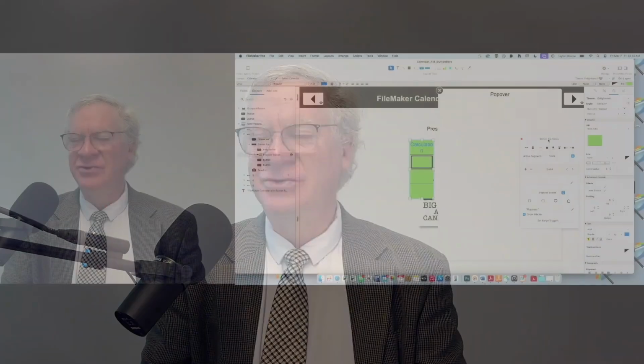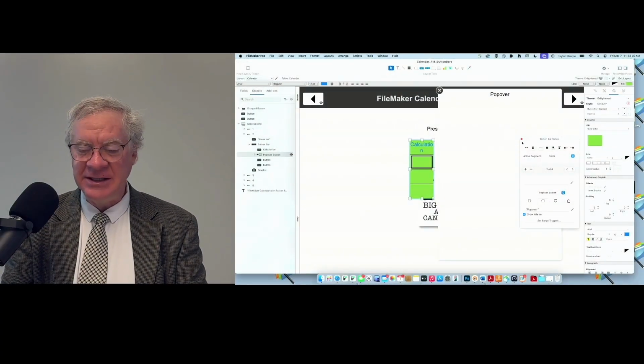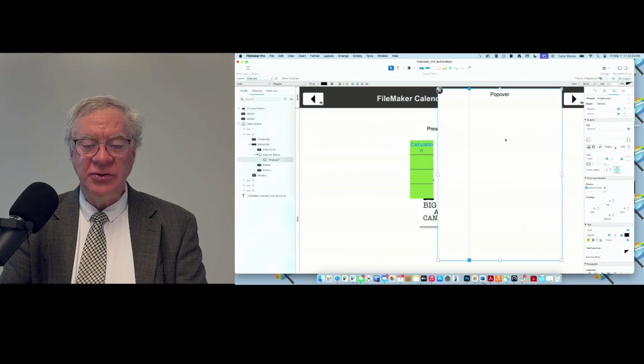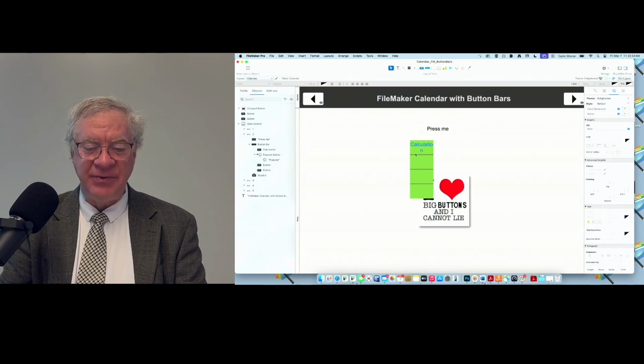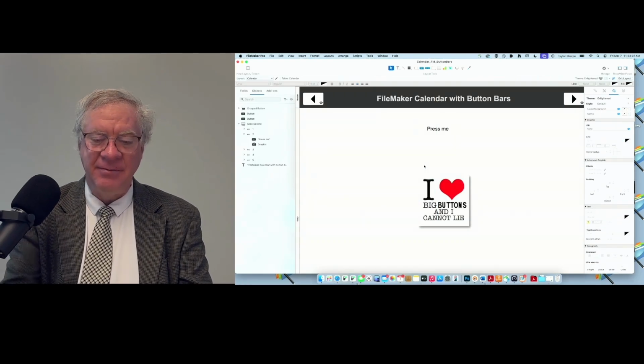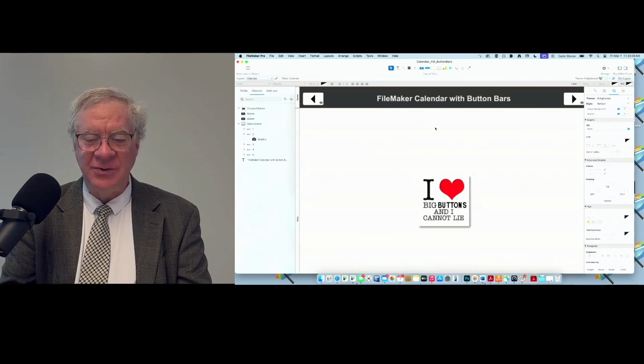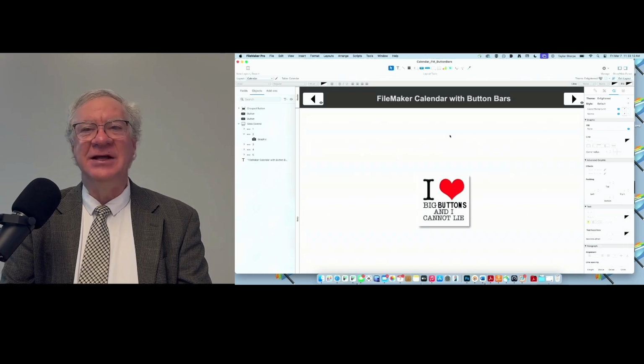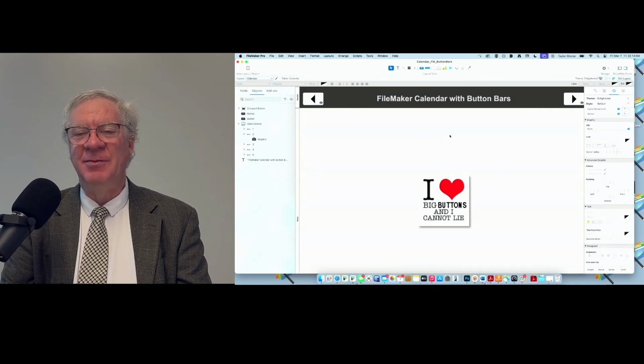Now, obviously, the ultimate in control is going to a web viewer and things like that, but this gives a lot of functionality right within the FileMaker layout toolset that really is neat. I'm going to show you an example of something that is probably a bad example, because you really wouldn't do that now, but I was trying to think of something that would need button bars.